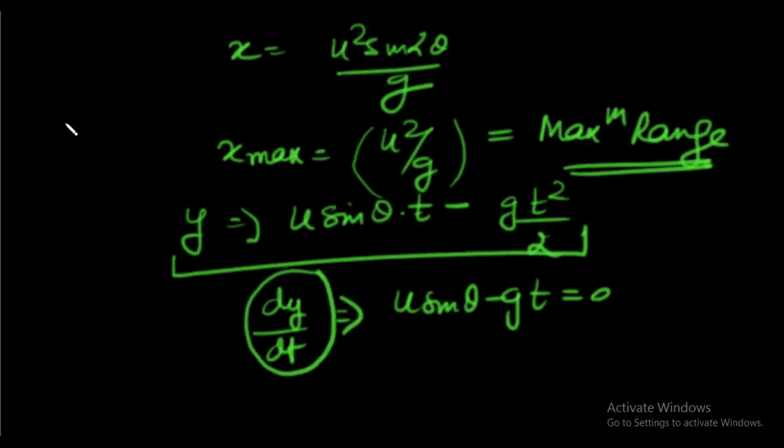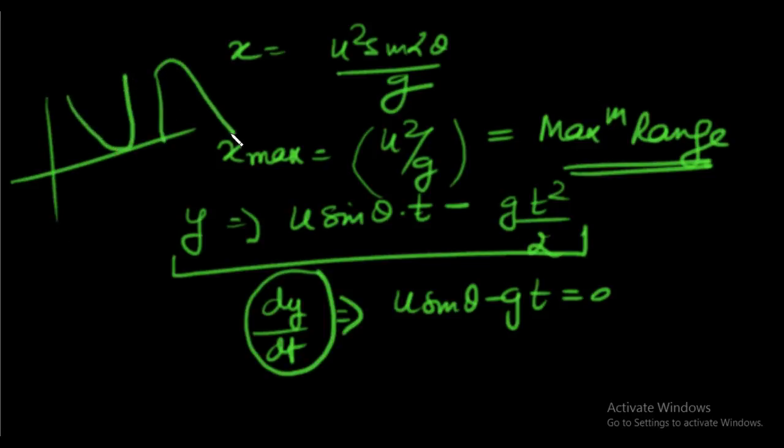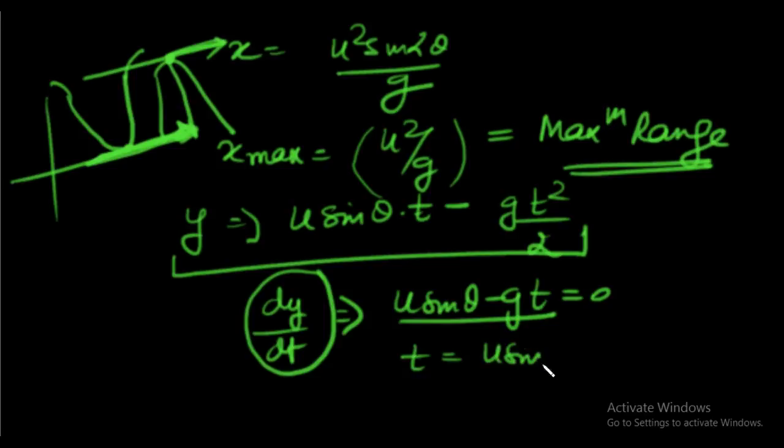Okay, the differential is 0 because either the curve is going like this, or even if the curve is going like this, you see this point has a slope tangential to it. Okay, and this tangent is parallel to the x-axis. This means when a tangent is parallel to the x-axis, slope is 0. Take this point, which has a maximum value like this, so draw the tangent. This is 0. So you can see the tangent value is 0. Okay, so t would be equal to u sine theta over g.